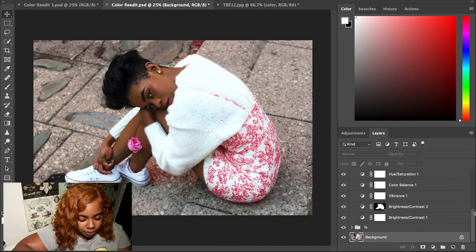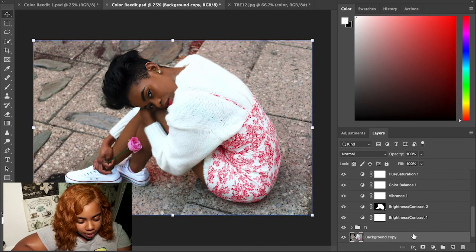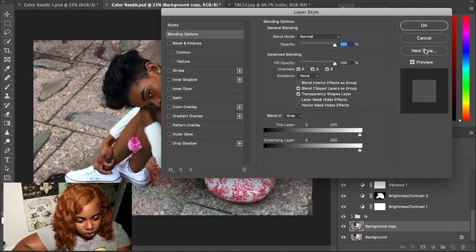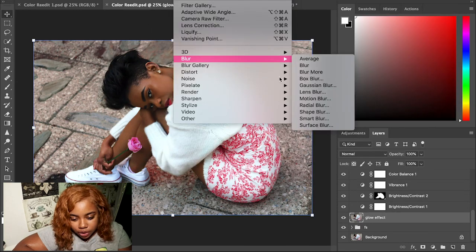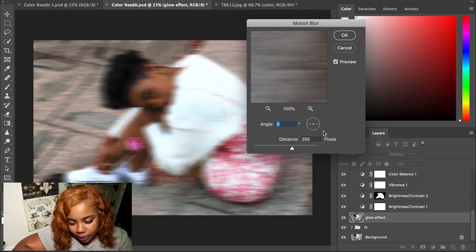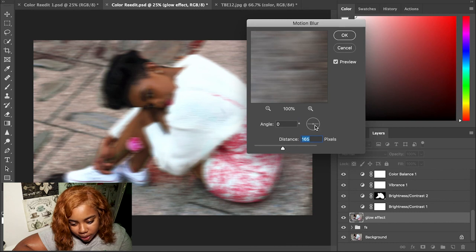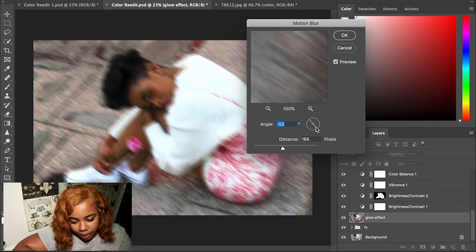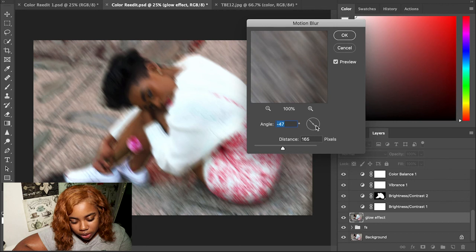Let's go here to this one. Same deal, Command J or make a copy of the background. I'm gonna label mine just because I like to label. Filter, blur, and then this one's gonna be motion blur. So don't mind the fact that it looks crazy like that. You can play with the angles. So if you want it to be at a little bit of a weird angle, or however you want the blur to look, this is kind of important for creating that double exposure type of effect